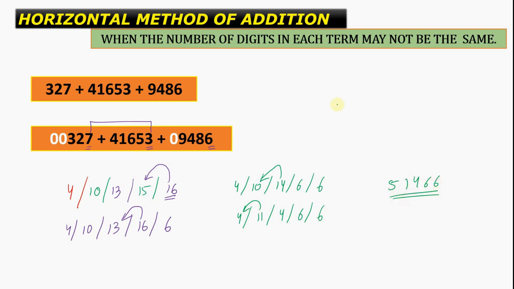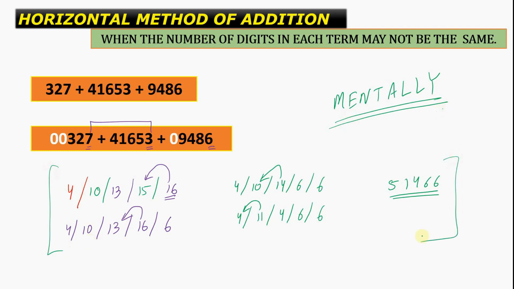Now again I would like to repeat myself, all these steps have to be done mentally. Okay, you can do this. This is a very easy thing to do. Also, please make sure that I am doing this only to suggest and to show you the correct method of doing all this calculation, but with a little bit of practice you will be able to solve all these steps mentally. Okay, let's move on to the next question.